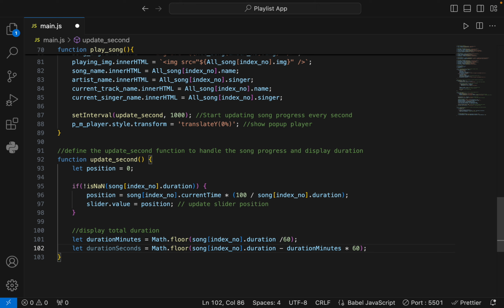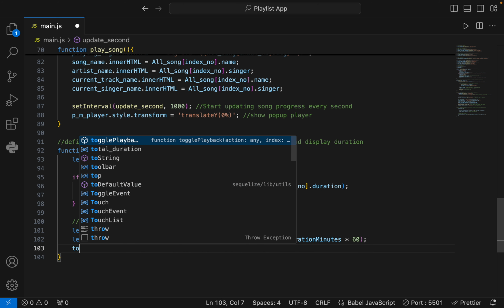Close the parentheses, semicolon. All right, and then now total